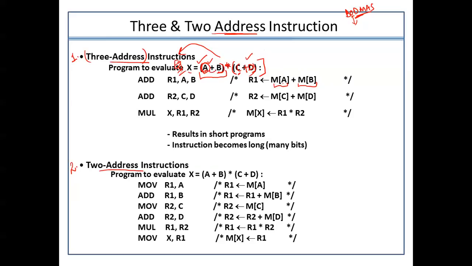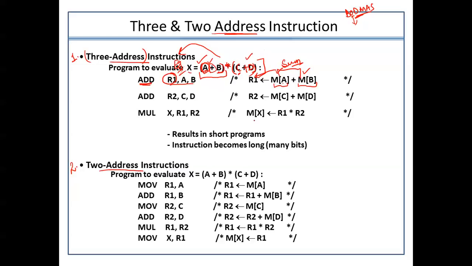Then I will perform the addition of these two data, and the resultant sum will be stored in another register named R1. So this is what I have written here. R1 is nothing but a general purpose register being taken here, okay? And A and B are the register values which are pointing to the memory. So the idea is that I have to perform the add operation. So the RTL notation of add has been written.